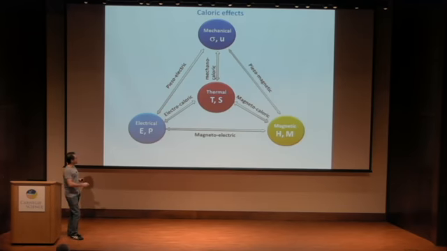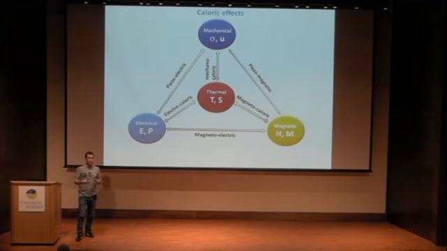The idea is to couple the electric field, the polarization, with temperature and S here, which is the entropy of the system. Basically, the main idea is to play on the entropy of the system with an external parameter. In that case, it is the electric field, but you may also have magnetocaloric coupling if you apply a magnetic field to control the entropy of the system.